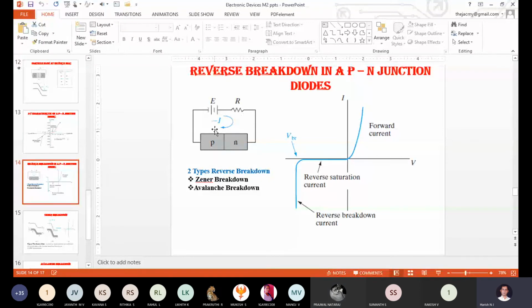Due to the repulsive force, all the minority charge carriers will start diffusing to their original destiny, because the electron is present in the P type and the hole is present in the N type. The original destiny of the electron is the N type. The original destiny of the hole is the P type. So under the reverse bias condition, all the minority charge carriers present in the P type will start moving towards the N type, meaning the electrons are coming back to their original destiny.